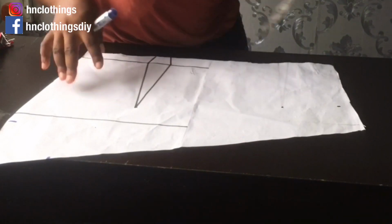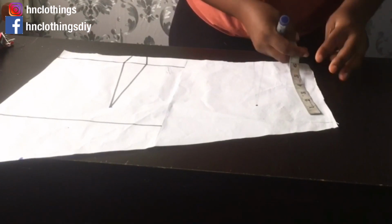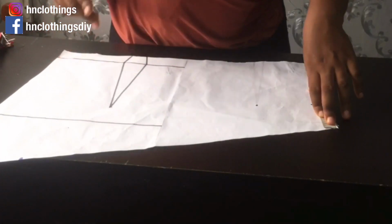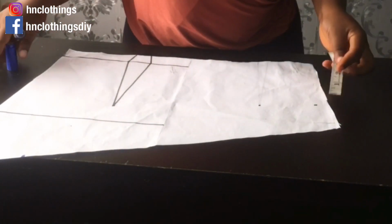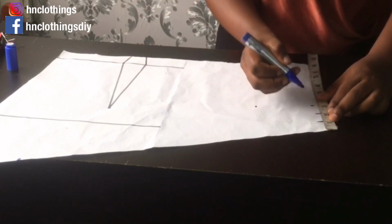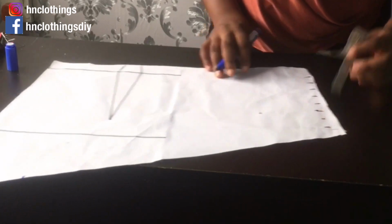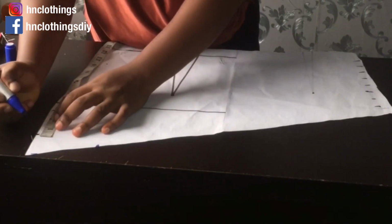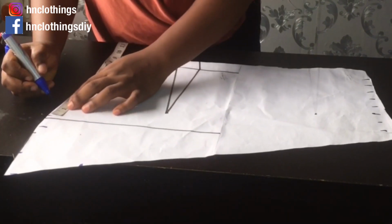I'm not going to make it too tiny, so I'll just make it like 1 inch pleating spacing in between. I'll just mark at every 1 inch, and here I'll mark at every 2 inches. Because this one is wider, this one is where the pleat will be more. So 1 inch spacing on this part, and on this other part I'll mark a 2 inch spacing. 2 inch, 2 inch, 2 inch, 2 inch,